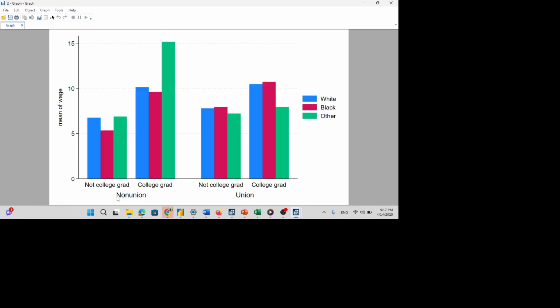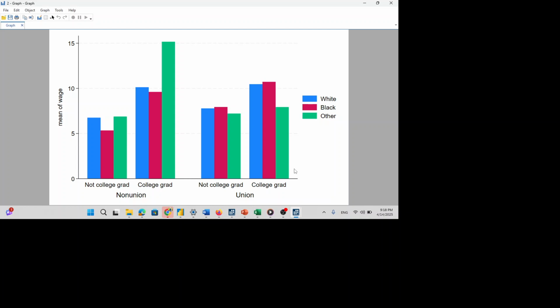So now, based on union members and non-union members, categorized with college grade and no college grade, with the rest, this is a beautiful bar graph you can create using the latest version of Stata, which is Stata 18. So based on this, you can create a simple bar chart.